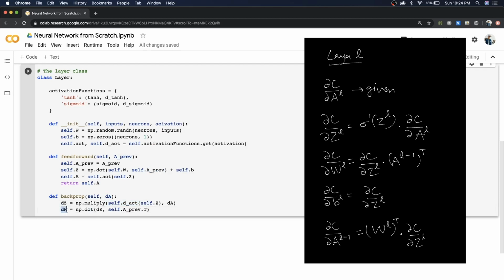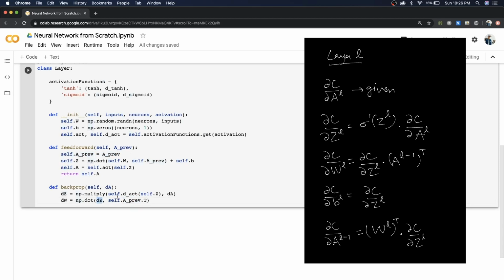So the value of ∂C/∂W is equal to the dot product of this dZ and the transpose of my input from the previous layer, A previous. This is why we save the value here, so that we can use it here. One thing to note is that dZ will have the same shape as Z. So its number of rows will be equal to my number of neurons, and the number of columns will be equal to the number of samples m.